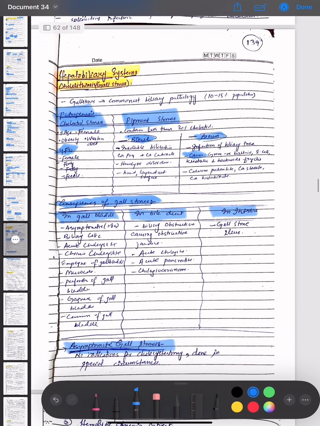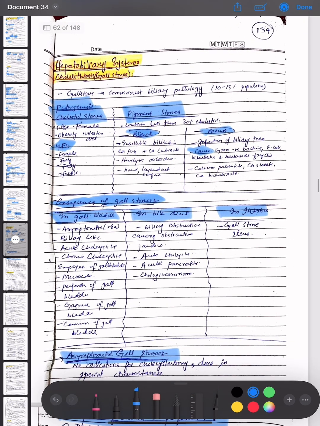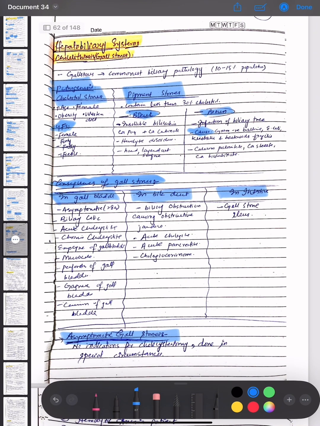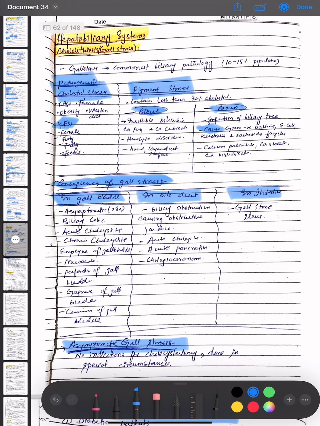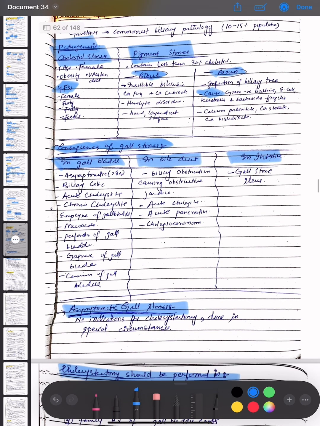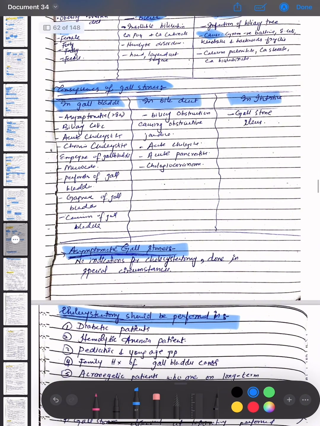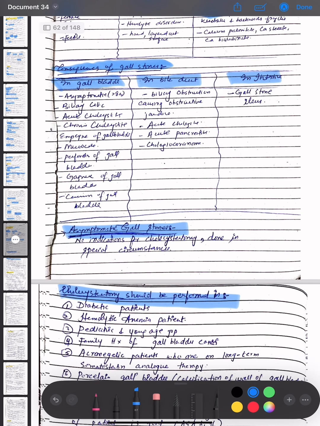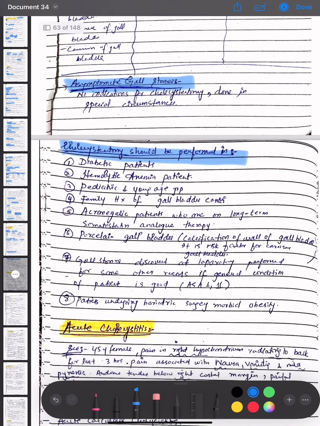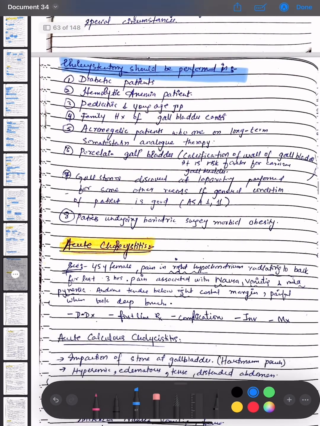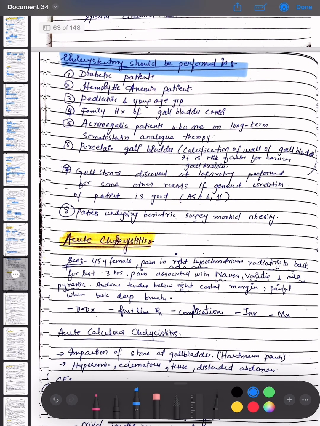So we have discussed what cholelithiasis is. These are the stones in the gallbladder. Then what is the pathogenesis and what are the types? These are cholesterol stones and pigmented stones. And there are two types of pigmented stones: the black pigmented stones and the brown pigmented stones. Then what are the consequences of gallstones? These are in the gallbladder, in the bile duct, and in the intestine. Then what are asymptomatic gallstones, and what is cholecystectomy, and when should it be performed in cases